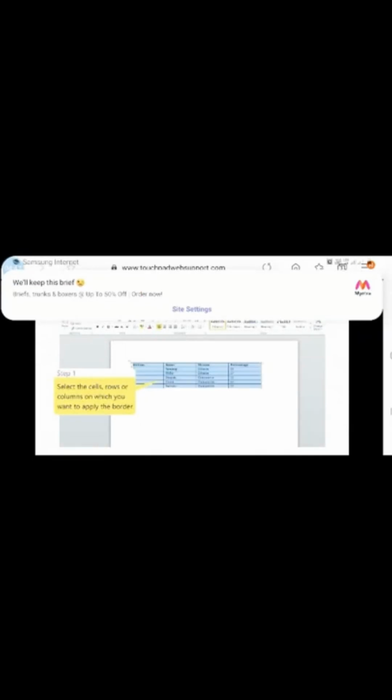Step 1. Select the desired cells, rows or columns on which you want to apply the border. Step 2. Click on the Borders command under the Borders group of the Design tab. Step 3. Select a type of border from the list. Step 4. If you want to change the style of border, click on Borders and